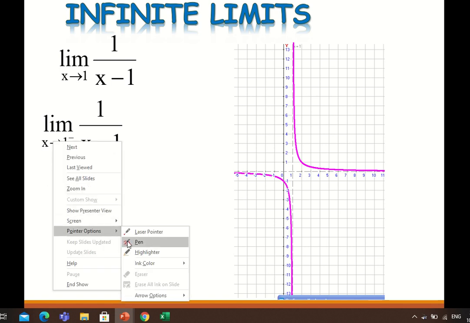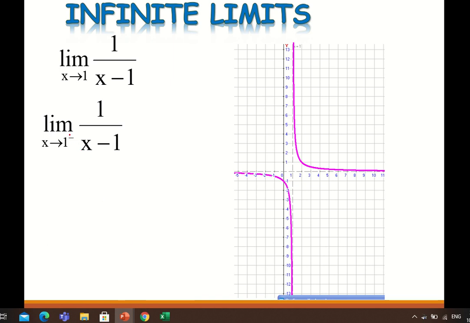The sign above 1 means that it is the left hand limit. So let us determine if this limit exists. And after that, we are going to find also the limit of the function 1 over x minus 1 as x approaches 1, but on the other side, that is, coming from the right side. But before we go to that, let us review once again the